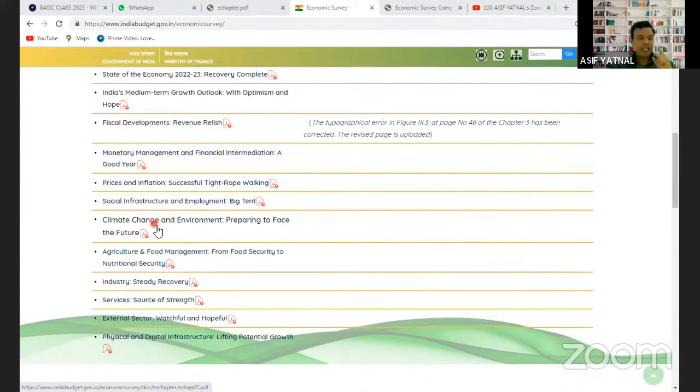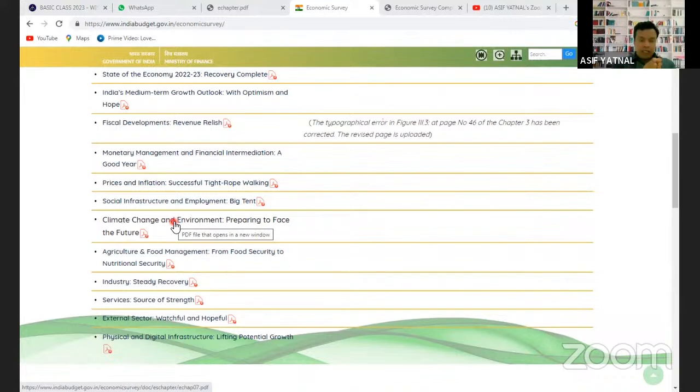Next is climate change and environment. अब GS paper 3 में ही again topic है, I think climate change, global warming, pollution वगैरह है. So how the government of India is preparing to face the future, because we know geography में हमने देखा था कि the climate change is happening and because of this climate change the rain pattern, the monsoon pattern, the India का जो economy है which is dependent on the monsoon, वो monsoon में ही बदलाव होते जा रहा है and that change in the monsoon is also impacting on the Indian economy. Not only Indian economy, it is also impacting the global economy.